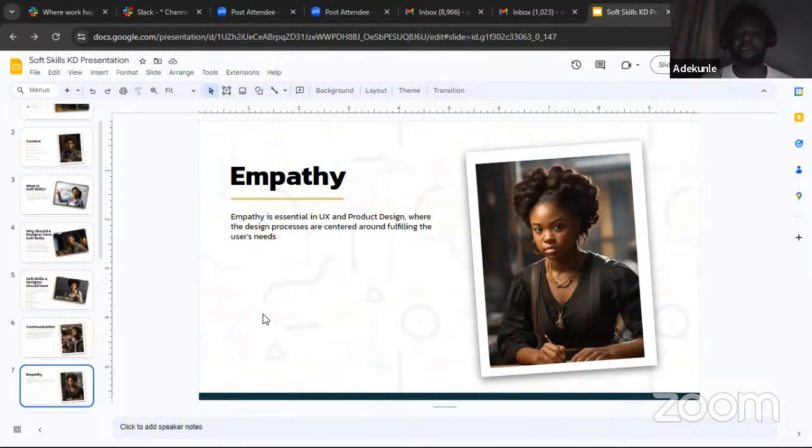So that is what empathy means. You don't just be a designer because you want to be a designer. No, there are some soft skills that need to be attached to it. While you are using these soft skills, it makes you better and better at what you are doing. So let me go on. So next I have